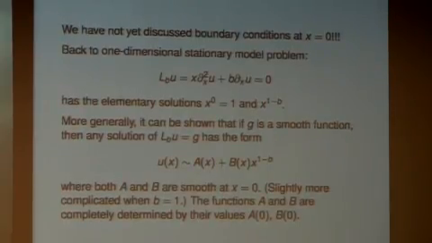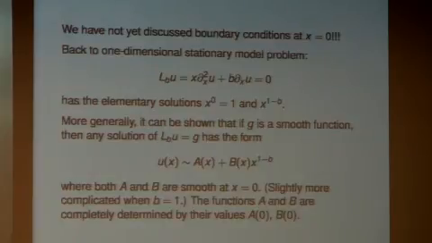So the issue is the following. If I look at just a one-dimensional problem, this is like what I call the separation of variable solutions on cones. I can say, what are the solutions that just look like powers of x? That's a reasonable ansatz to try to find a solution of the stationary problem, Lu equal to 0. And you can find that there are two solutions here. One is x to the 0, which is the constant function, which is always a solution since there's no constant term in the operator. And the other is x to a funny power, x to the 1 minus b.